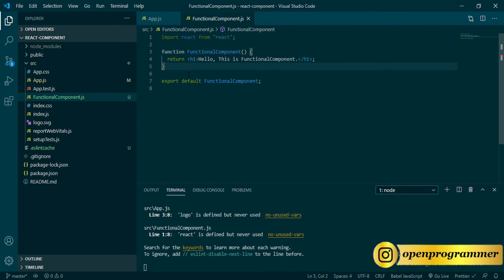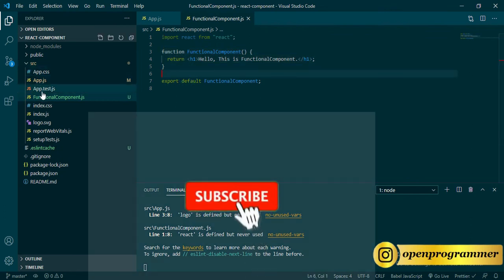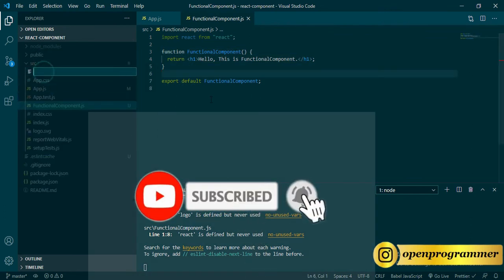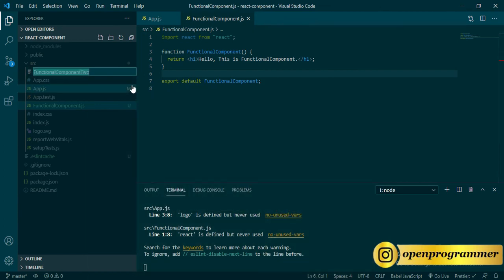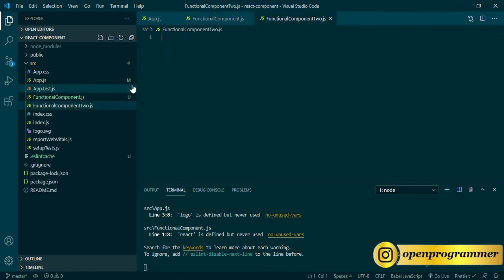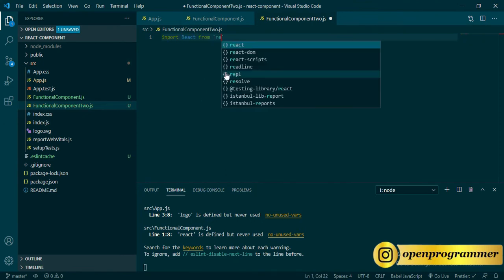There is another way to create a functional component. Let me show you. Let me create another file and let me give it the name functional component 2.js. Inside this, let me import React from React.